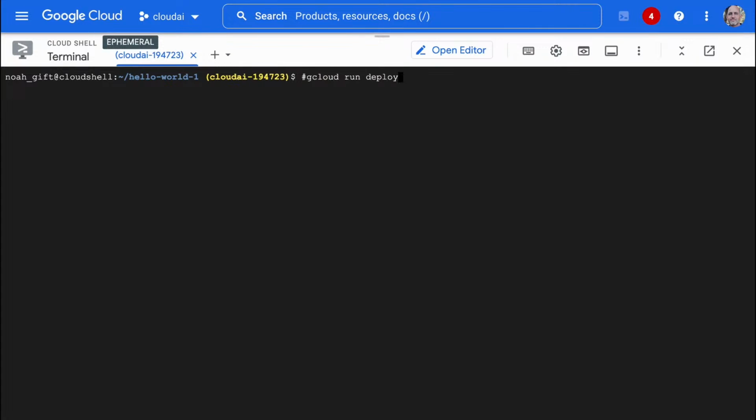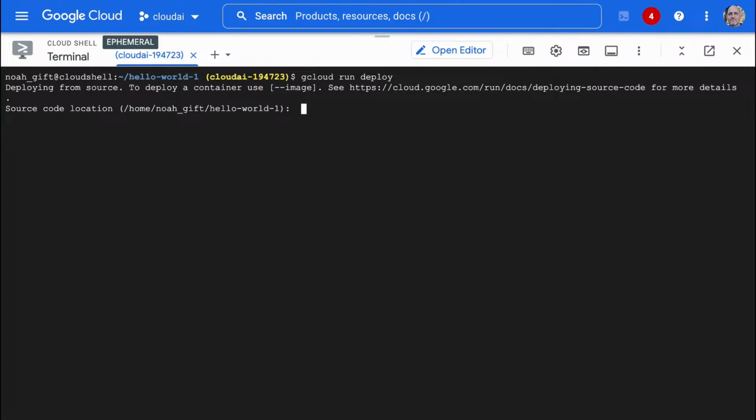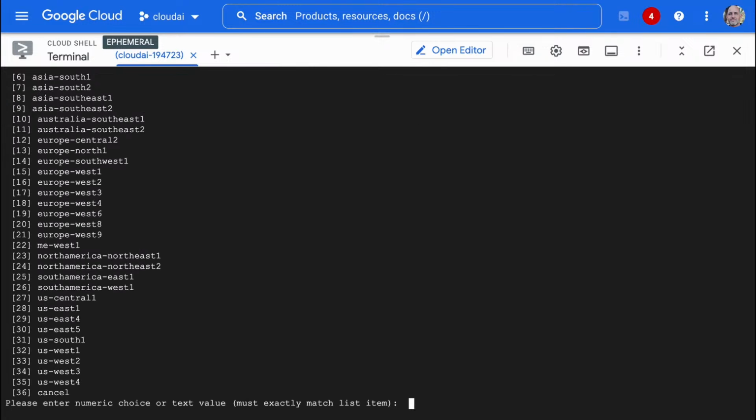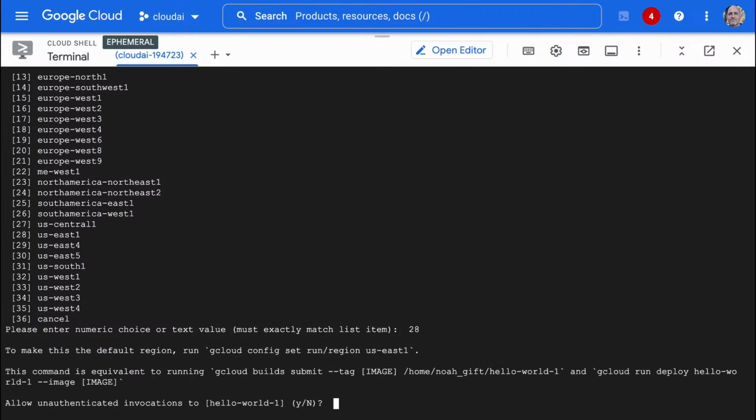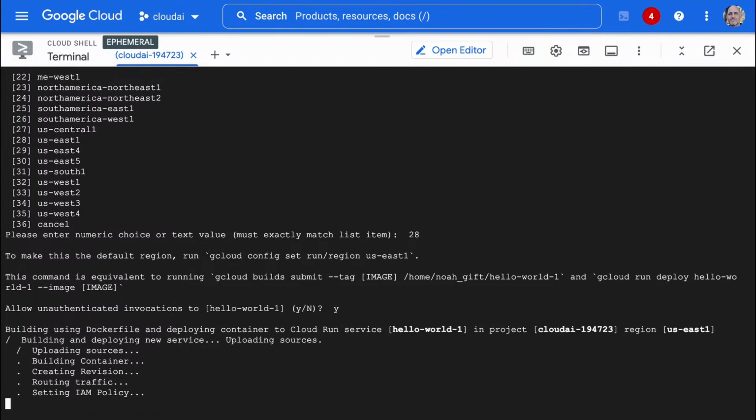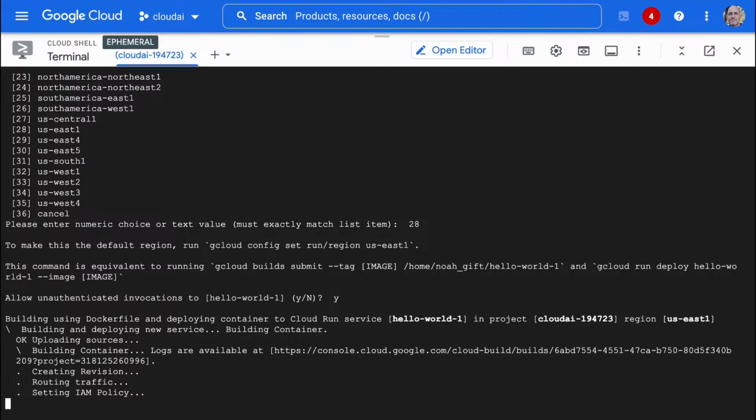So let's go ahead and do that command, gcloud run deploy, and it's going to say source code, sure. Service name, sure. Ask for a numeric number. How about US East 1? Let's do that. And we can say that. And now we just deploy this thing into production.